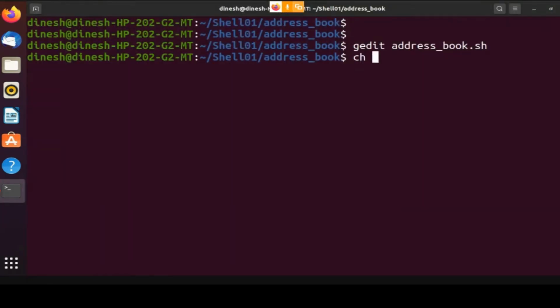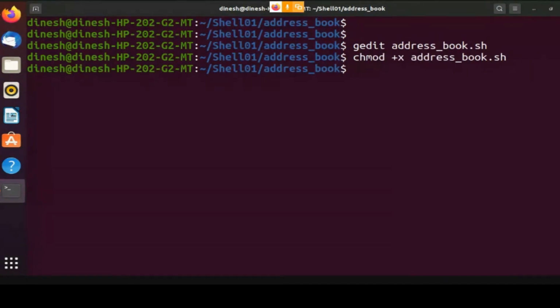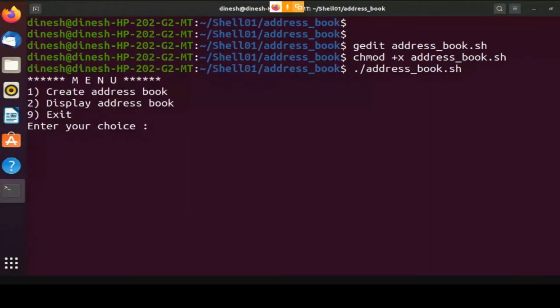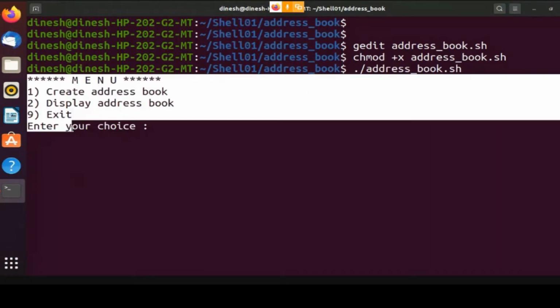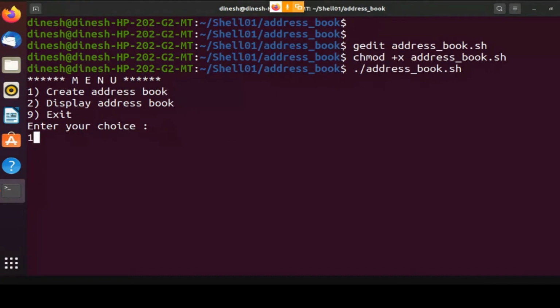So I'll say chmod +x addressbook.sh. Now this is my menu displayed, and it says enter your choice. Here we don't have anything to do yet, but let us understand how this menu looks. Now for every functionality, we will have one function, one module defined.